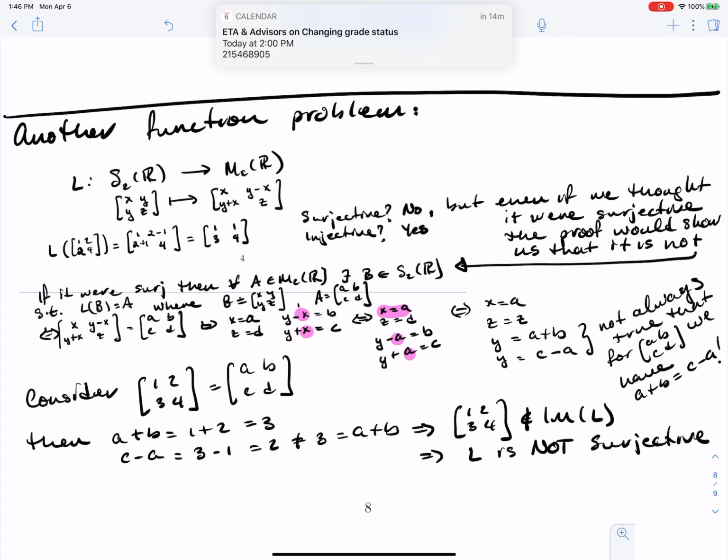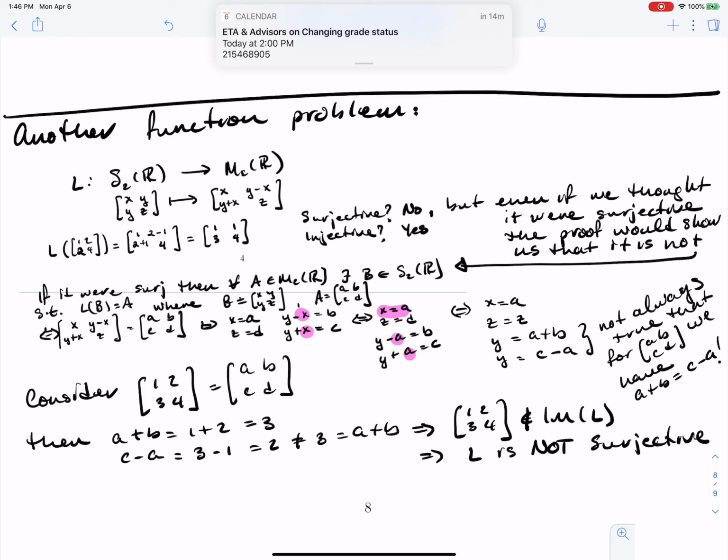So now we just look term by term. We say X must be A, Y minus X must be B, Y plus X must be C, and Z must be D. So we got easy ones. X must be A, and Z must be D. And remember what we're stuck with. We're stuck with the A, B, C, Ds, and we have to choose the X, Y, Zs. Okay, so let's look at this. It looks like we know what X is, and we know what Z is. And so the only question is,